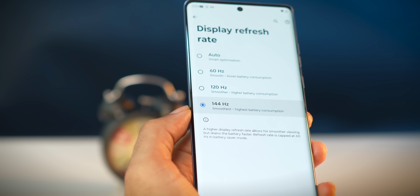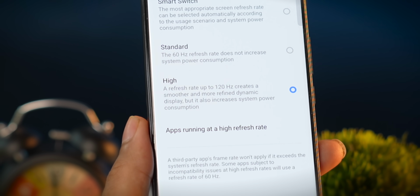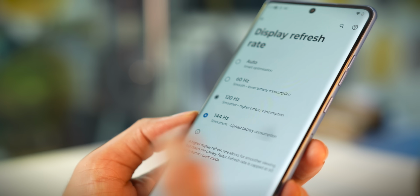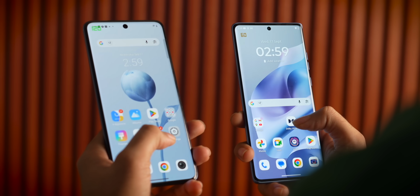And not just this, the G96 comes with a 144Hz refresh rate display, whereas the Vivo T4R comes with a 120Hz refresh rate display. Now, one thing that we observed is, other brands, when they come with a 144Hz refresh rate, not many apps run at 144Hz. But here, if you force 144Hz, the entire UI runs at 144Hz, and if you see side by side, you